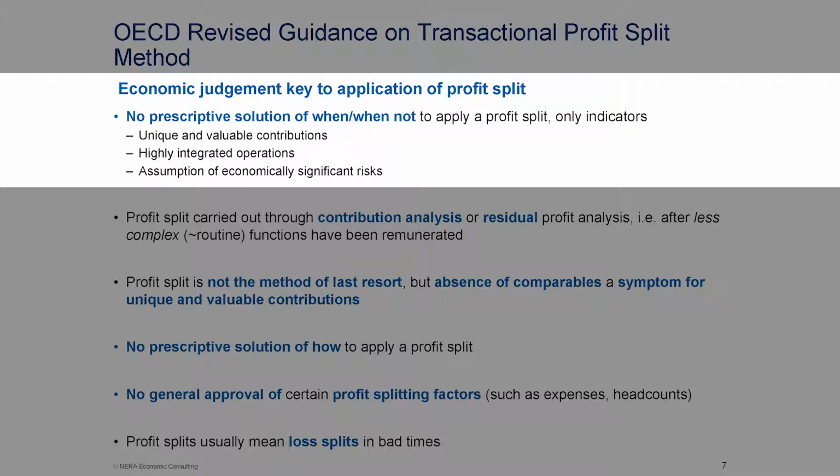That is still up to the decision of the taxpayer, given the individual particularities of the case at hand. It just gives some guidance in terms of where we can think of a transfer pricing setup such that a profit split solution should be considered. And this is the first element: